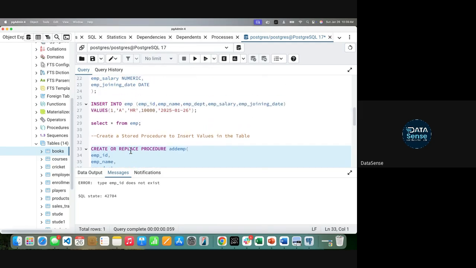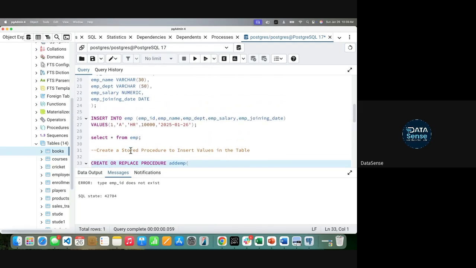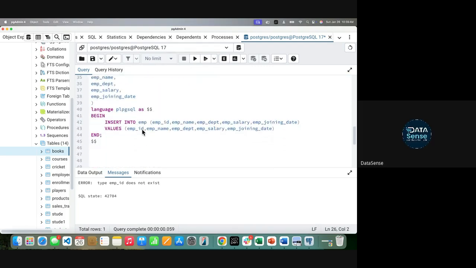Where is type? We need to give placeholders, right? I was thinking it's not required here. Anyway, we will give the placeholders, so we'll give these placeholders here.